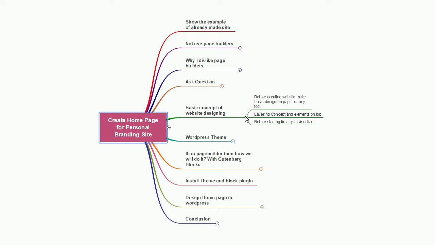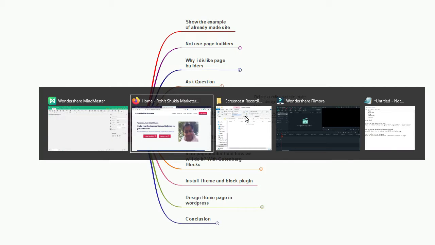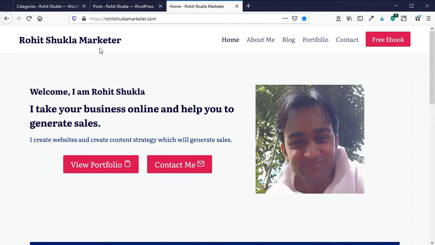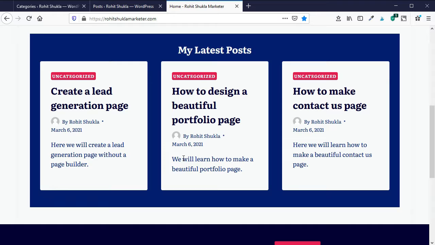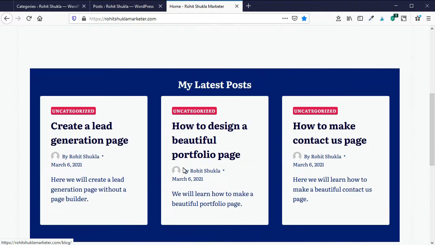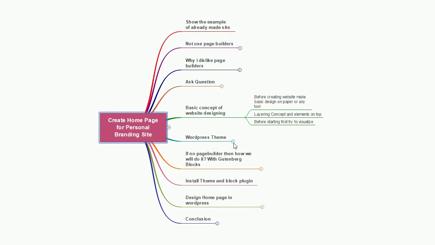Before designing any web page on WordPress, first we have to design that page on paper or any tool like Adobe XD or some other tool. Earlier I showed you my design on paper, and that design I converted into the WordPress website. On that paper I have designed the header section where I have placed all the links like home, about, blog, and in this section I have told the purpose and placed my image, blog post section, and the call to action for subscribing to my YouTube channel, and some important links in the footer section.